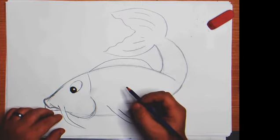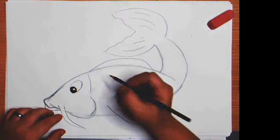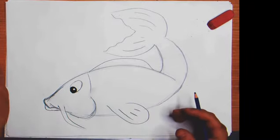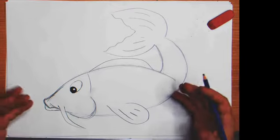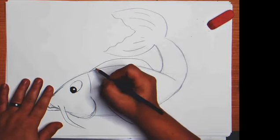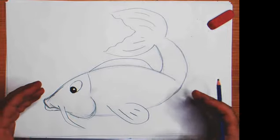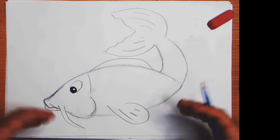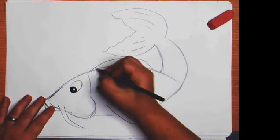The different colors on the carp scales actually represent different things. So I think orange represents success. A lot of business owners in Japan like to have carp that are orange and white because they symbolize success. So I'm going to go ahead and add some